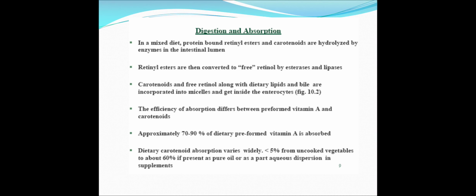The efficiency of absorption differs between preformed vitamin A and carotenoids. Approximately 70-90% of dietary preformed vitamin A is absorbed. Dietary carotenoid absorption varies widely, from 5% from uncooked vegetables to about 60% if present as pure oil or as part of an aqueous dispersion in